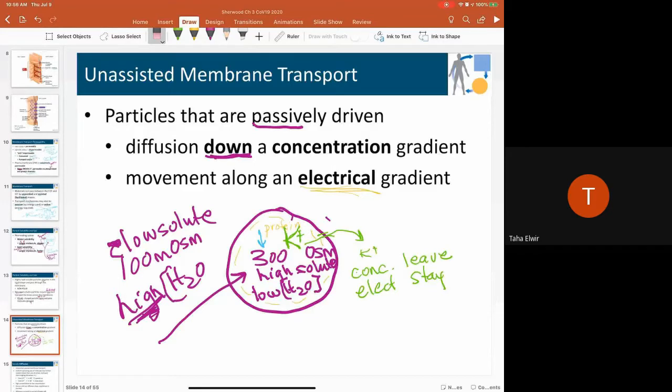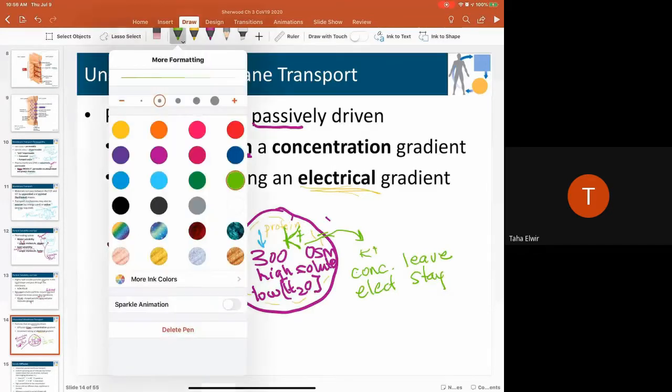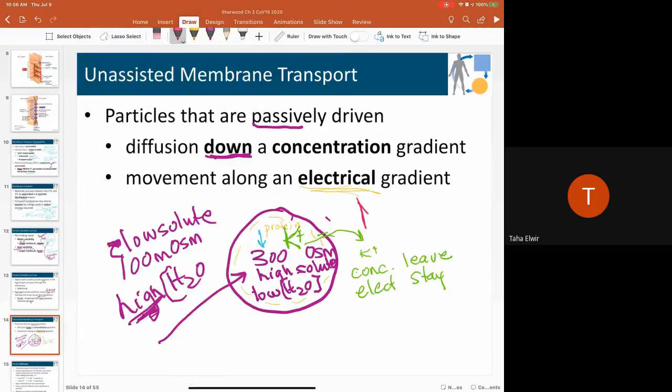Now, if we look at sodium, and then we'll take a break. Sodium, you've got a big sodium outside and a small sodium inside. So that's the concentration gradient. Go back to the purple and add my 0 there again. Okay, so